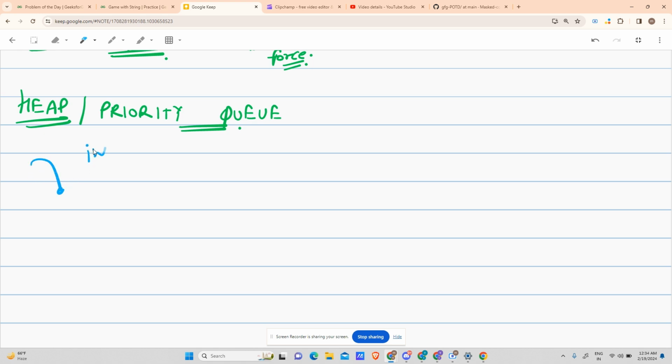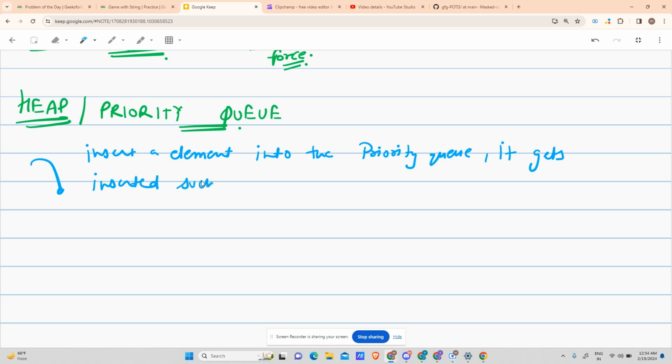Whenever we insert an element into the priority queue, it gets inserted